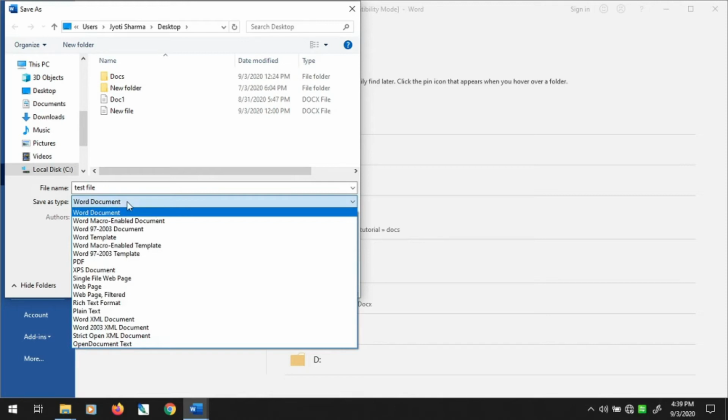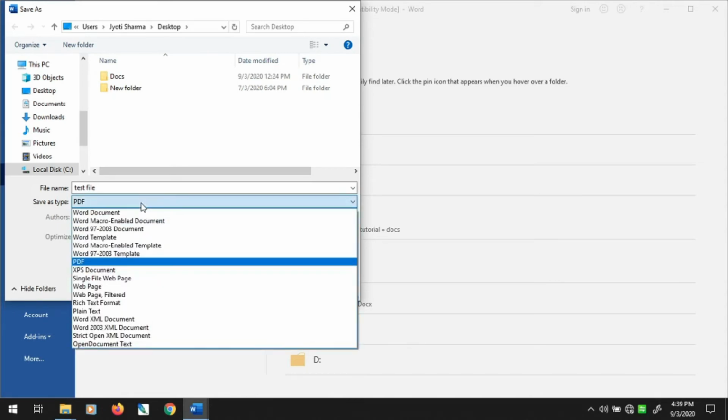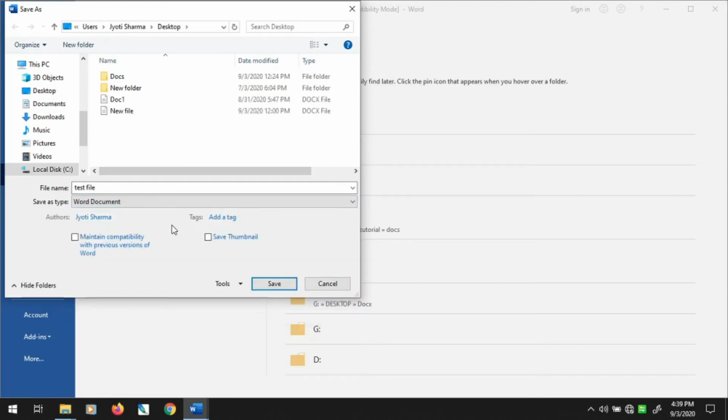Otherwise, if you choose PDF, then your file will be saved as a PDF and will open in the PDF format only. So let us choose Word Document for right now. Okay, now just press the Save button. We have given the name to our file and let us choose Save.